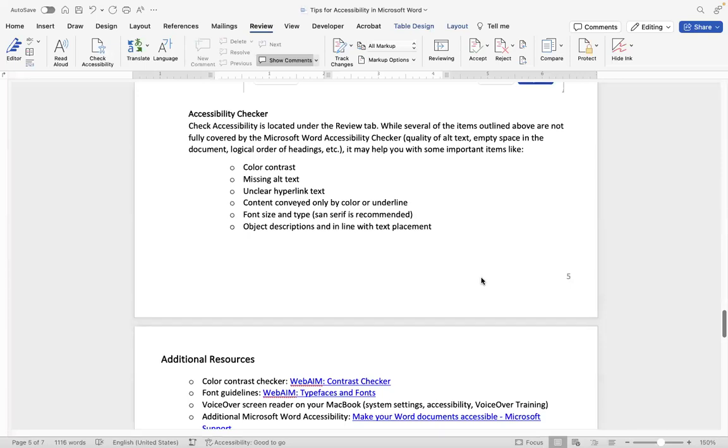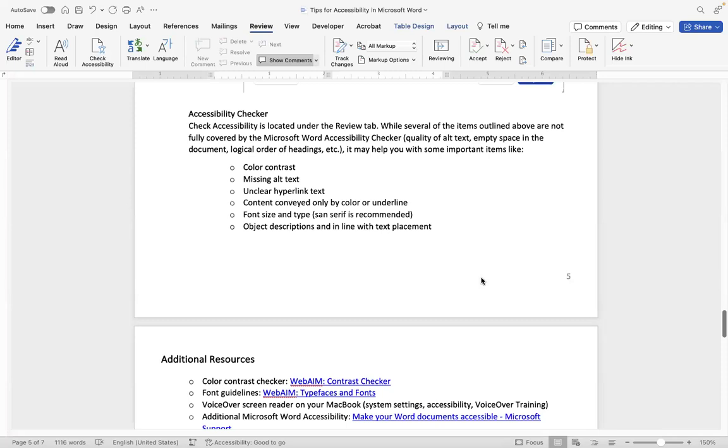Font size and type, I want you to know that sans serif is recommended. And what that means is it doesn't have loops and cursive-like shapes, which make it very hard for some technology to decipher. And another thing that the accessibility checker does is it helps with object descriptions and makes sure that things are in line with text placement.